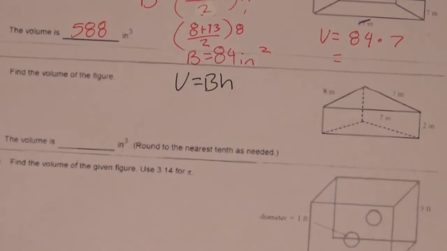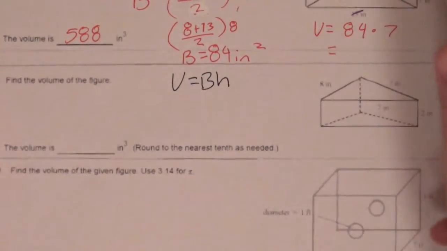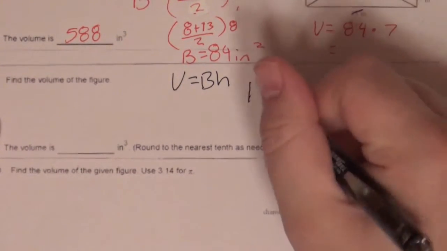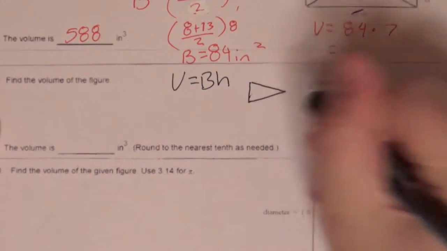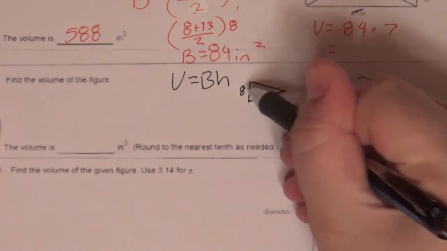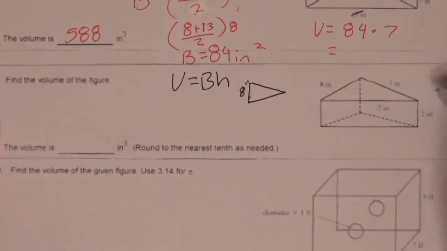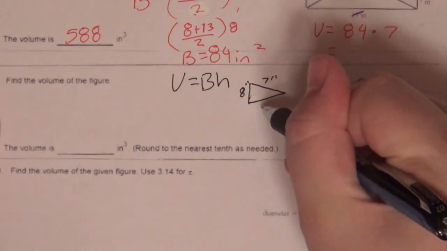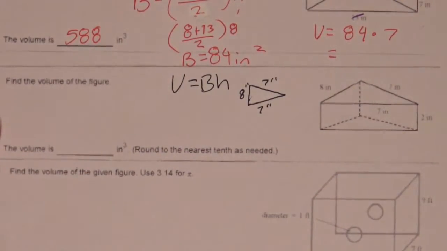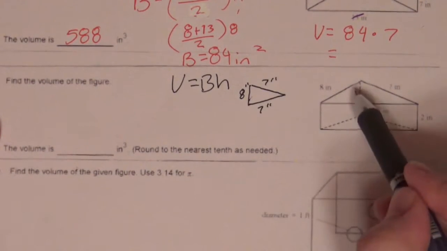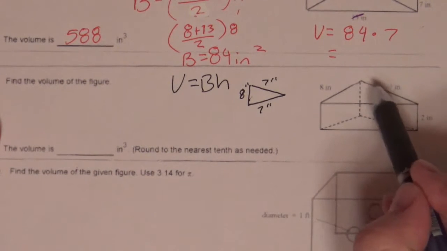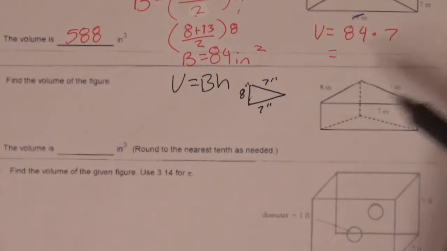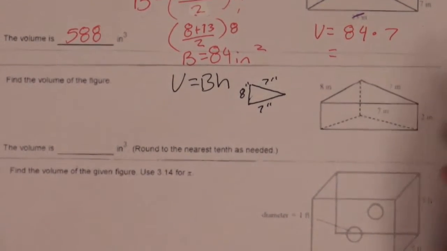But what kind of triangle? So let's look at it. Let's pretend I'm a bird and I'm flying over this thing, and this is my shape, when drawn out. It says that the short side is 8, and this is inches. This side is, oh wait a minute, that's actually the long side, but anyway, it's okay. These are not accurate details. But notice this side was 8 right here, so I kind of drew it as a triangle. This side here was 7, and this side here is 7. Yes, this is not drawn to scale. It's alright for our purposes.